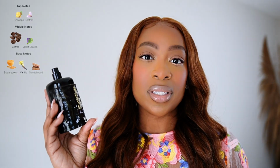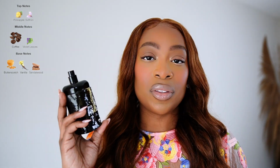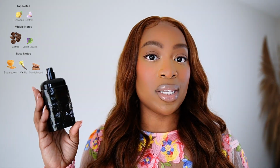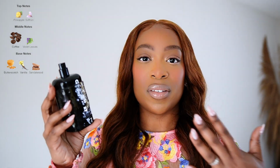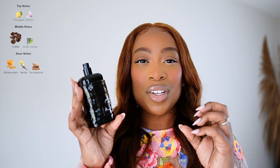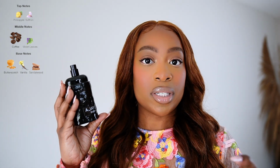When I first sprayed this, I feel like I was smelling a pineapple note that was covered in spices. I now know that there is saffron and pineapple at the top of this fragrance, so that explains why. So it was almost like an overripe pineapple that was covered with spices of some sort. As it started to dry down, it started to lose a little bit of that masculine edge. Then it started to get more dessert-like,